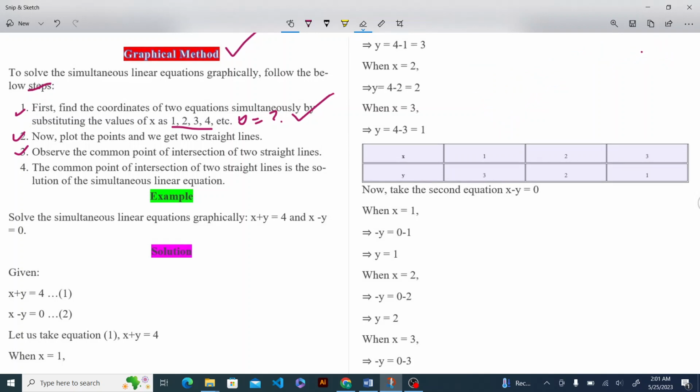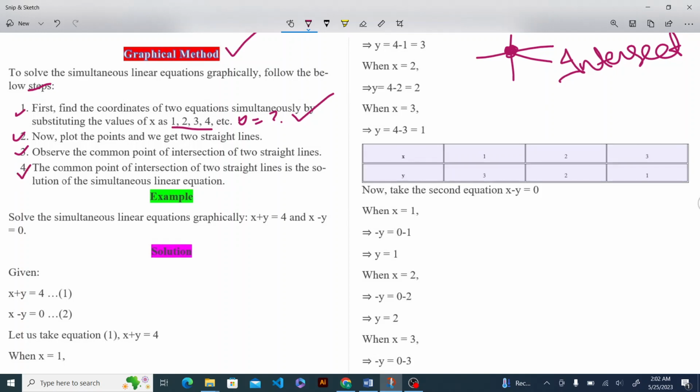Let me draw that common point of intersection. It somehow looks like this. So this point will be the point of intersection, because here two lines intersect with each other. Okay,